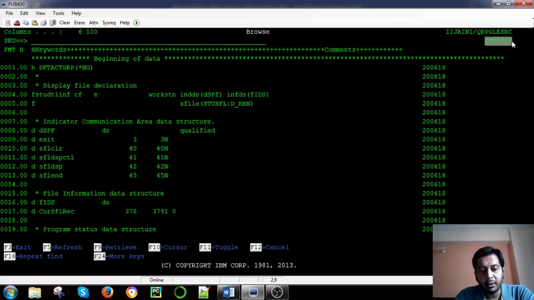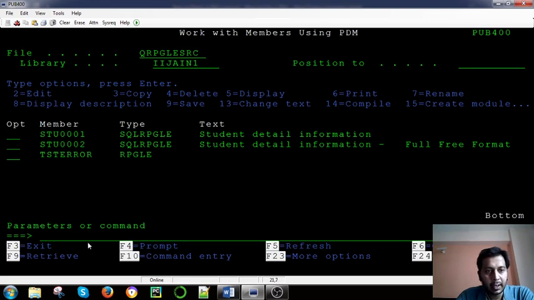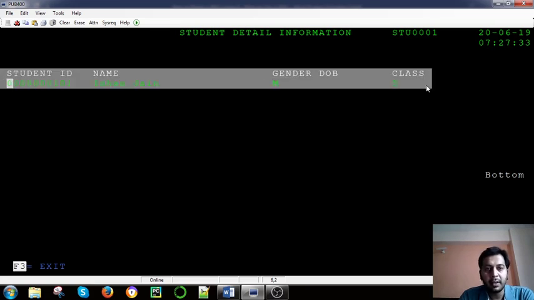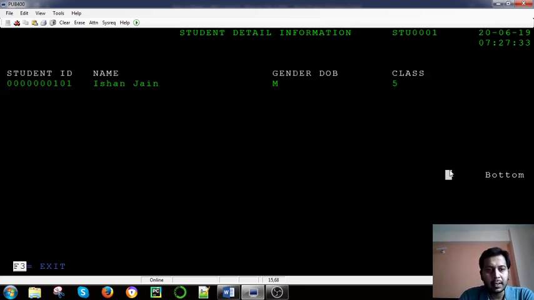I just want to give an overview of a device file, like the display file. So let's call a program here. I have only one record right now. This is how you see the screen. This is a display file screen, you can see the subfile, and this is the control format. We will see the differences in detail. This is the overview, and we also have a printer file. We will see the spools generated, but that is in coming sessions.